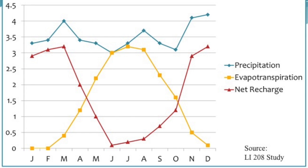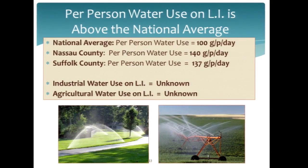And secondly, we have this very dramatic increase in pumping that is taking water from the aquifer as well. So in the summer, we are creating very major stresses that cause the groundwater system to change. And as for how we use the water personally,